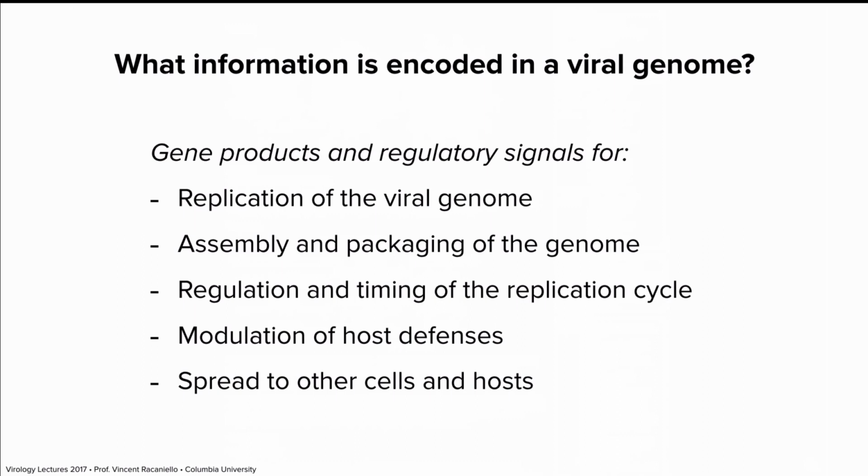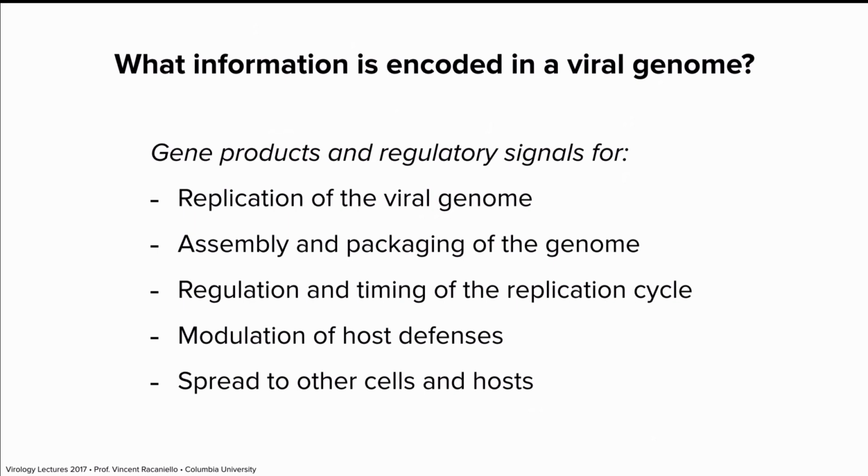Now, what do these genomes encode? As we go through this course, one of our goals is going to be to figure out how the genome is expressed and replicated. And so some of the information is important for replication of the viral genome. Every viral genome has to encode at least one protein that's involved in replication. But as you'll see, as genome sizes get bigger, some of them encode many more. They have to encode proteins to assemble and package the genome into a particle. So packaging means putting the genome in a particle, and they have to make the proteins that make up the particle as well.